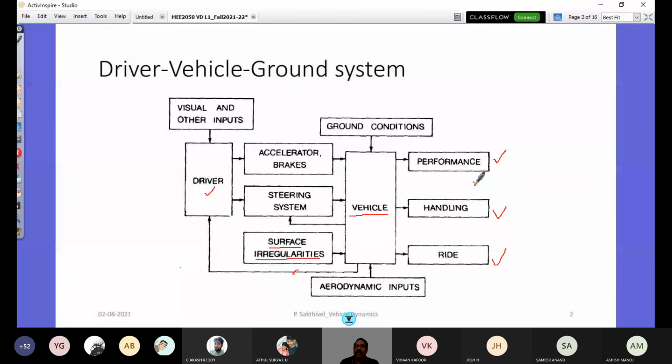And then the second outcome of this vehicle is handling performance, handling study. So handling means it is curvilinear motion. It is curvilinear motion, right? So you go straight and you have to take a turn. Maybe you will go with low speed, or a low speed car, and you have to park your vehicle comfortably in a parking station. So you have to maneuver your vehicle. You're playing with your steering. It's very low speed. Your vehicle should listen to you.